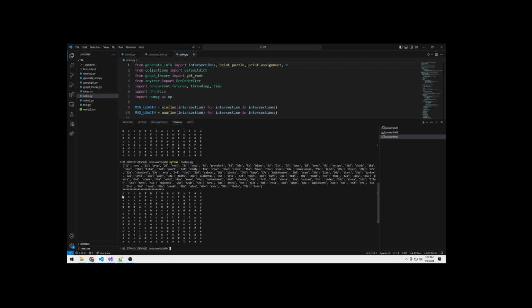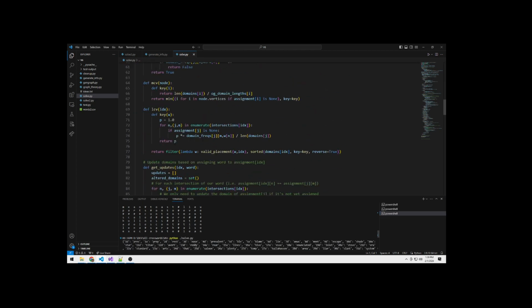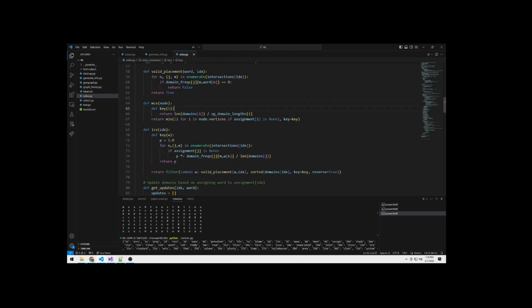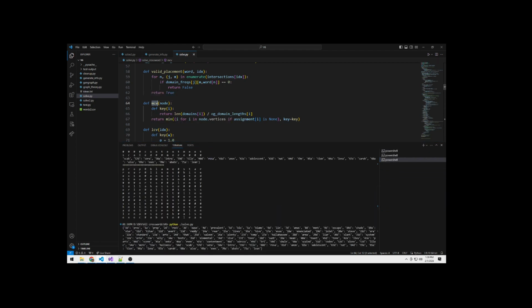So the next thing you think is, okay, how do I optimize where I place the next word? So then you get into this kind of thing here. The most common value and least common value, or it might be most constrained. It's been a few months since I worked on this, but I think it's most constrained value and least constraining value. But what it means here is, let's say you place a few words here, like prep and press,